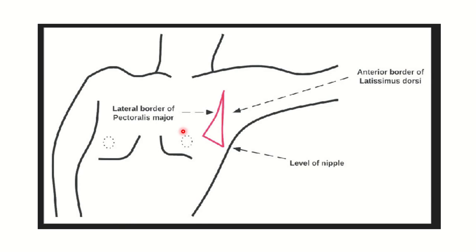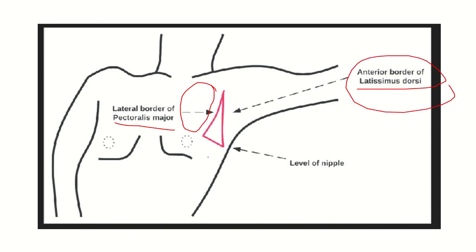If we see the diagram here, anteriorly is the lateral border of the pectoralis major muscle, and posteriorly is the anterior border of the latissimus dorsi muscle, and the lower part is at the level of the nipple. So this is the boundary of the safety triangle. Anteriorly pectoralis major, this is very important, which is the big chest muscle. Then posteriorly is the latissimus dorsi, which lies in this area, and below is the level of the nipple,